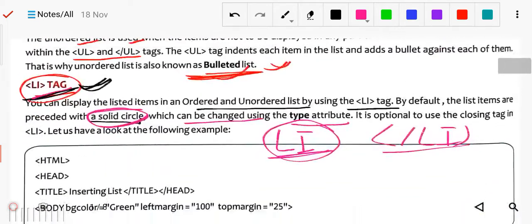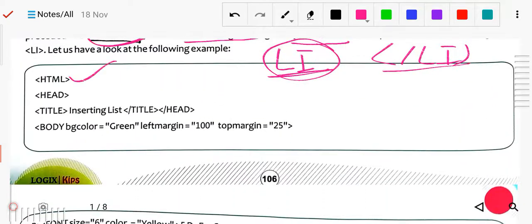First of all, look at this: we start from the html, as you know. Then after the head tag, the title. Now this is the body part, and bgcolor means background color, which is green, and the value goes in double inverted commas. Then the left margin, from the left side, is 100, and the top margin is 25.